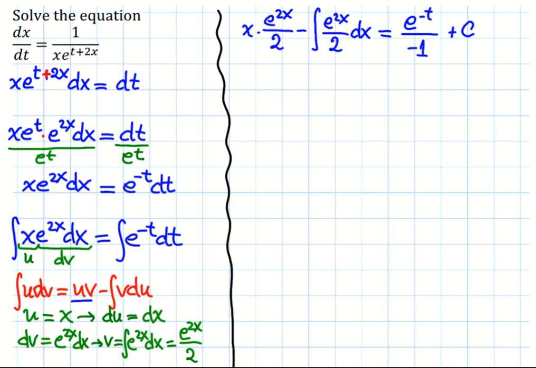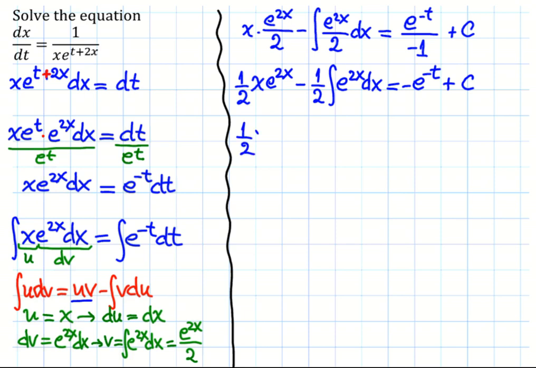We just need to integrate e to the 2x over 2. But first, let's rewrite this as 1/2 times x times e to the 2x. We don't even need to write the multiplication. And I will take the 1/2 outside. The integral is still e to the 2x dx. On the right hand side, divide by negative 1. I write the negative in front. And 1/2 x e to the 2x